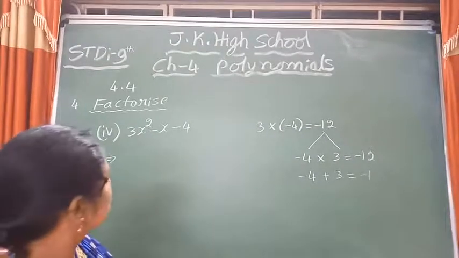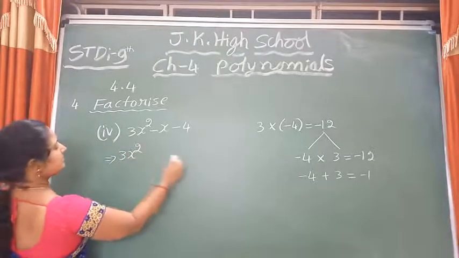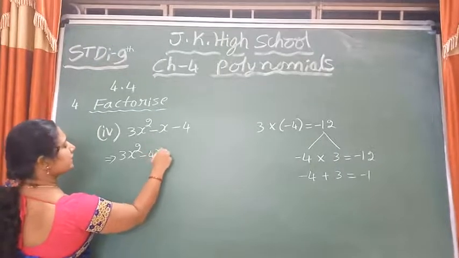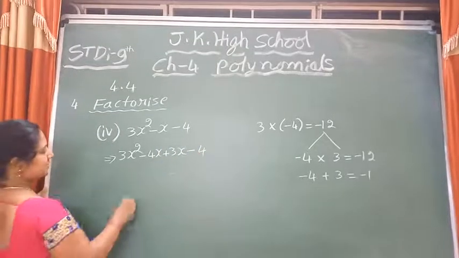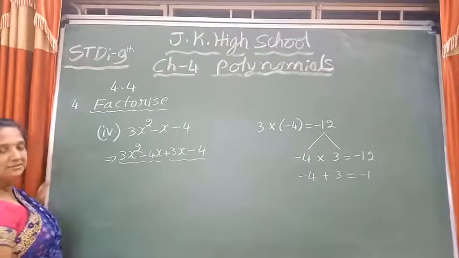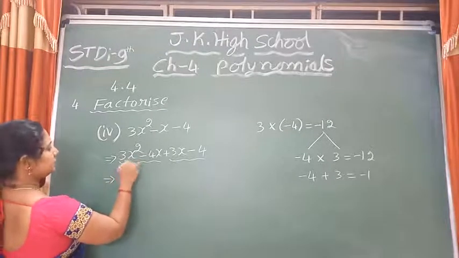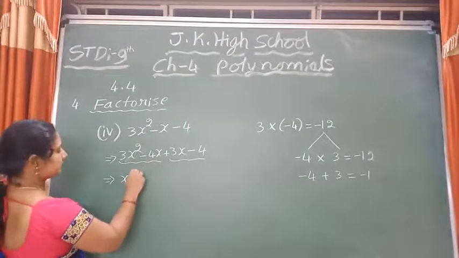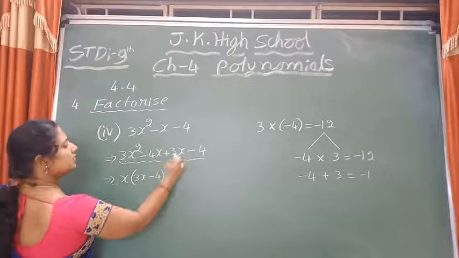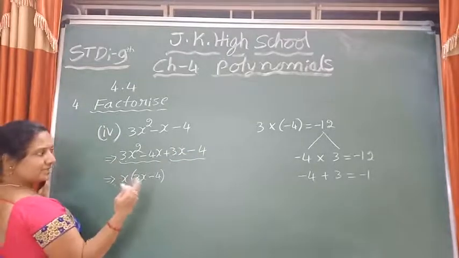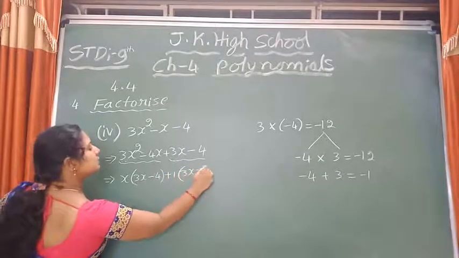So in this manner, you can split the middle term. 3x square, the first term as it is. In that manner, you split this one: minus 4x plus 3x is the same as minus 1x. The last number you write as it is. Two terms you do grouping. Then in this, what can you take as a common? Here x you can take common out of these two terms. Only 3x minus 4 remains. Here you can't say no common term, 1 is there, 1 is common for all. So plus 1 you can take as a common. Then 3x minus 4 only remains.